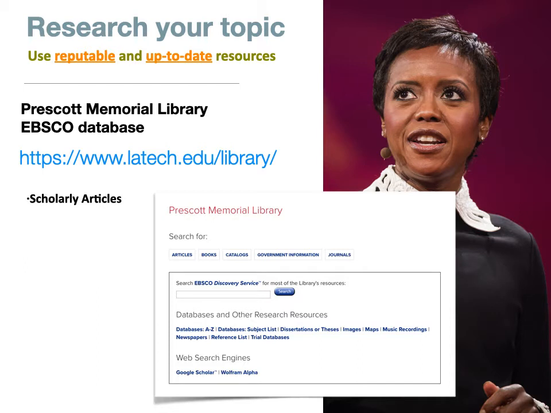What you want to find on that website are scholarly articles, research books or academic books, academic journals, government articles and information. And again, these can all be found on the Prescott Memorial Library's database.